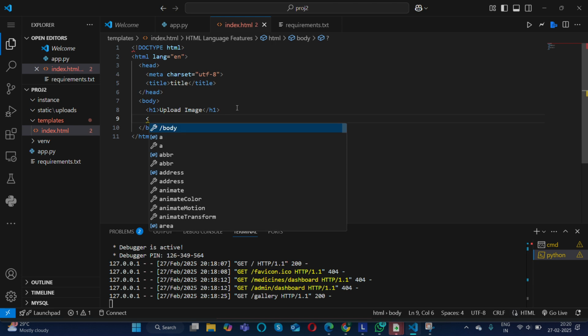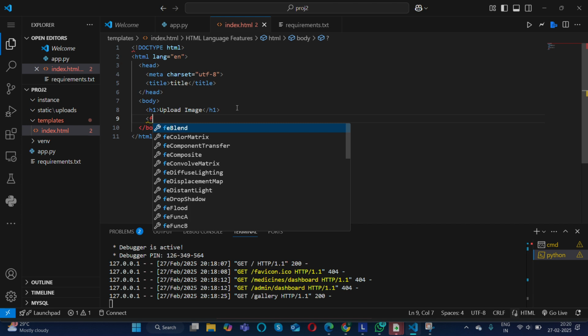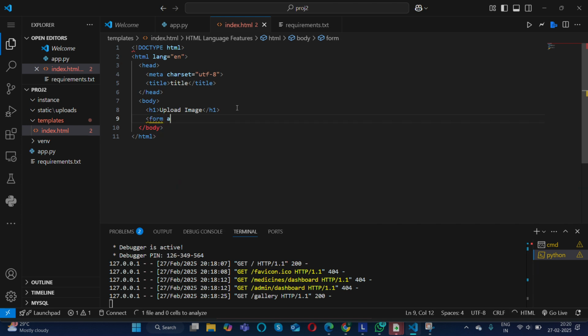So to upload anything, I should have a form, right? Action equal to. So why should my method be post? My method should be post because I'm taking the input from the user directly. So it is not stored somewhere in the URL. So it should be post.